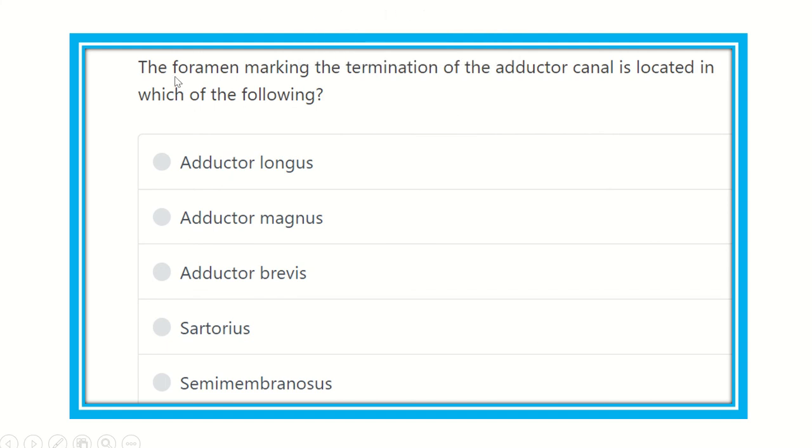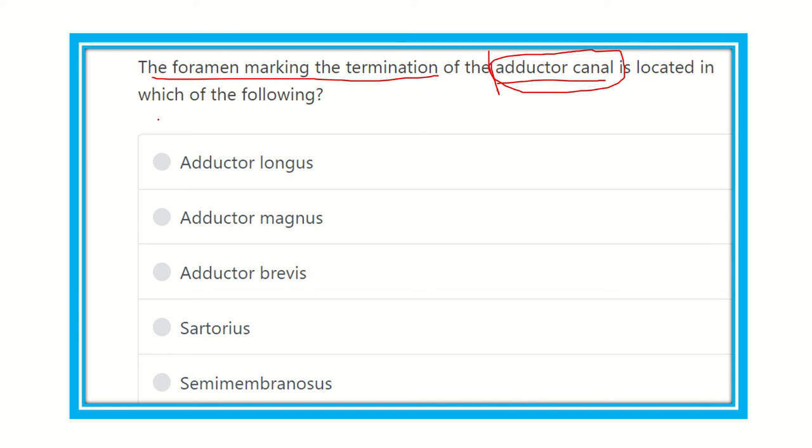So we have to find out now the key points of the question. The foramen marking termination of the adductor canal. That means we have to find out the adductor canal, and the adductor canal has two parts, origin and termination. So in the termination part, it terminates in which of the muscles' foramen, that will have to be